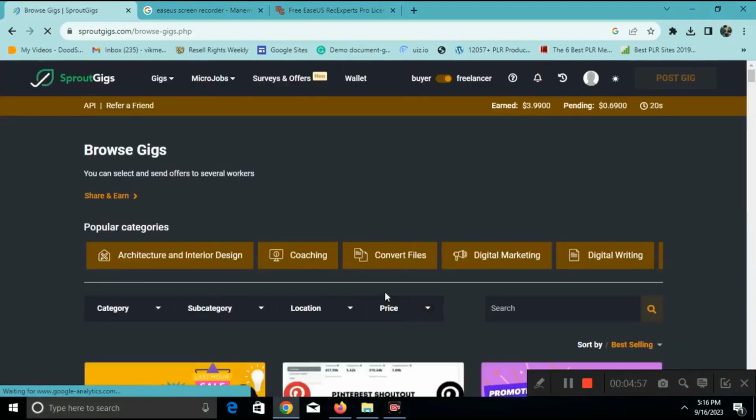Now, what are the things you can do in this site? There are, let me say, 3 basic things. Number one is, you can post a task that you want people to do for you, and they will do it and you pay them. Then number two is, you can also earn from this platform, and there are 2 ways of earning from this platform. It is either by performing these micro tasks, or by posting what we call gigs,